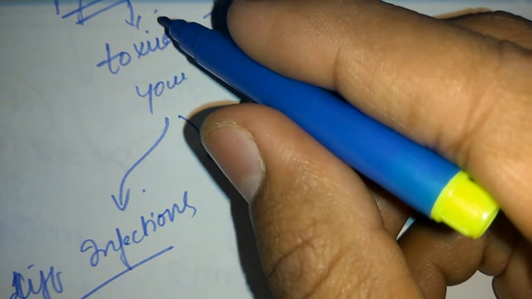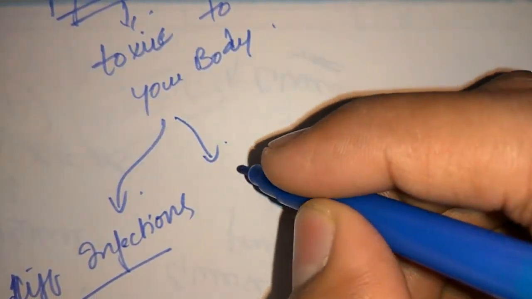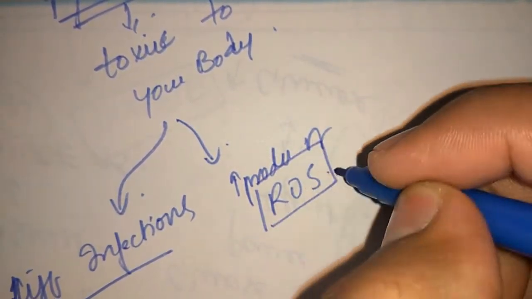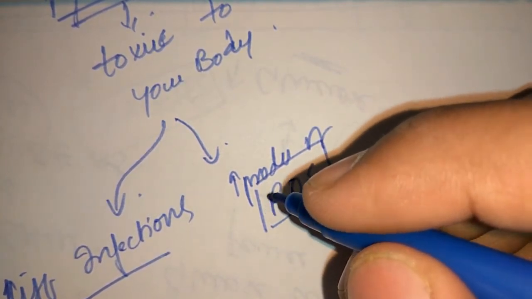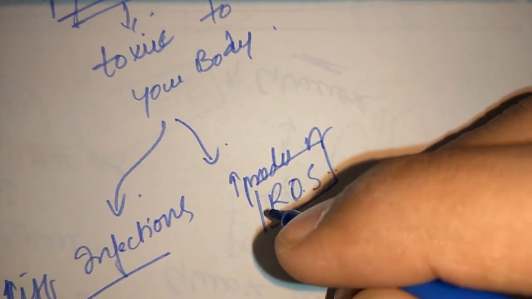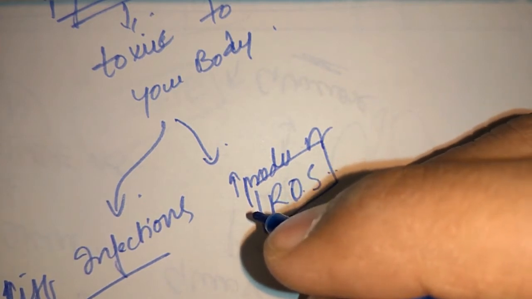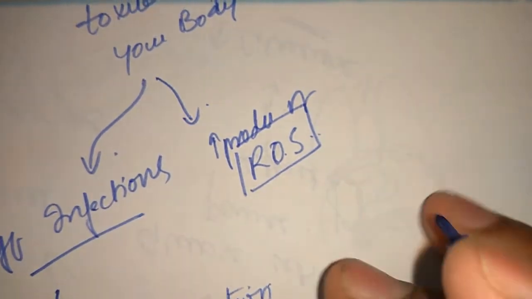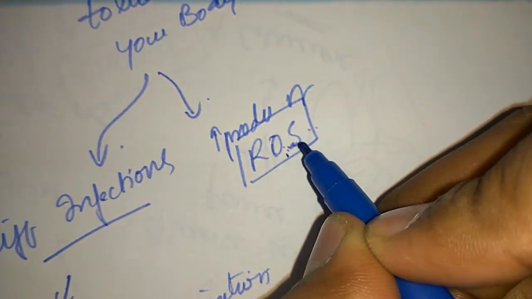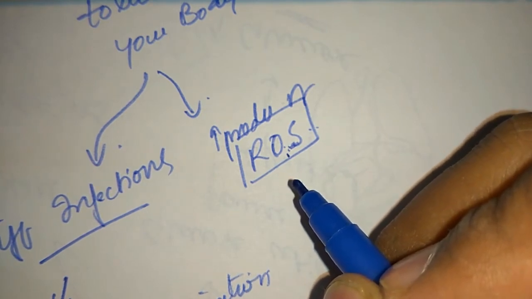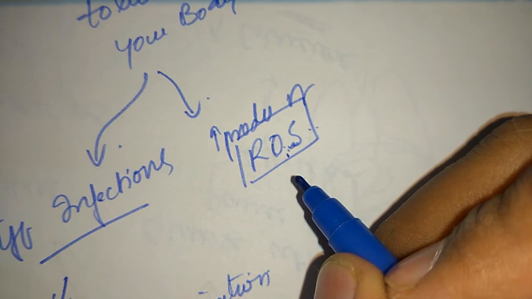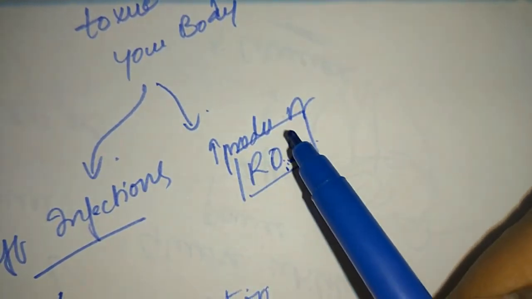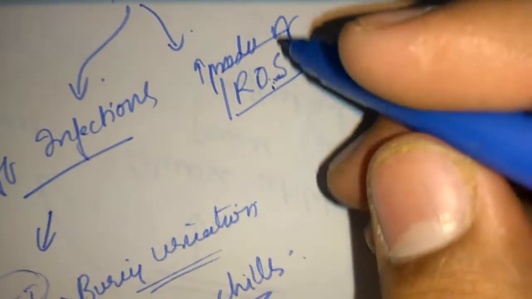And this glucose, as I said, is toxic to your body. This will lead to increased production of reactive oxygen species. These reactive oxygen species are like defensive mechanisms that your body produces against foreign bacteria or foreign substances that enter your body. And these reactive oxygen species not only damage the foreign bacteria that enter your body, but will also damage your body surrounding that area. So in diabetes patients, these reactive oxygen species are produced more, and this increased